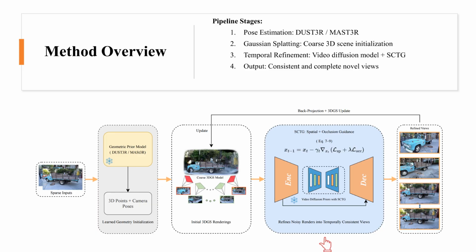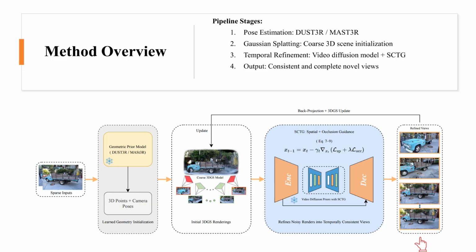SCTG injects both spatial and occlusion-aware guidance into the diffusion process. This encourages the model to fill missing content while preserving geometric consistency across time. The diffusion model encodes the noisy initial frames, refines them frame by frame, and decodes temporally coherent, visually plausible novel